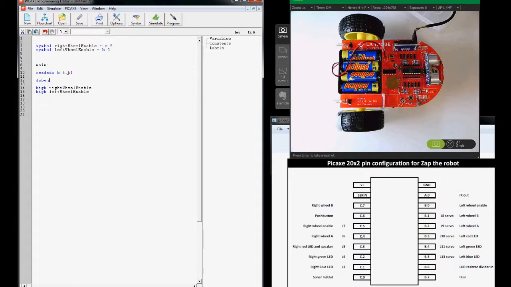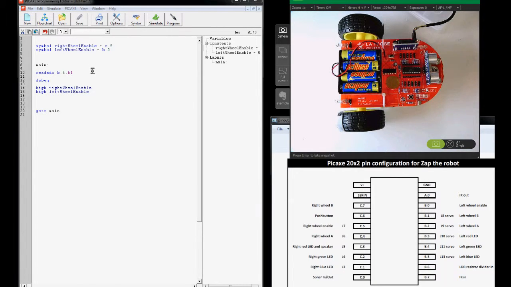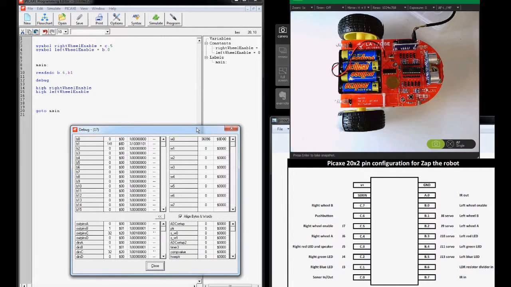Now the debug command is really nice. I'll just hit F5 to program that in. That's programming. Debug command is really nice because it tells you exactly what's happening with all of the variables in real time. So this is the debug window that's just opened up, and I can see that B1 is hovering around 142,